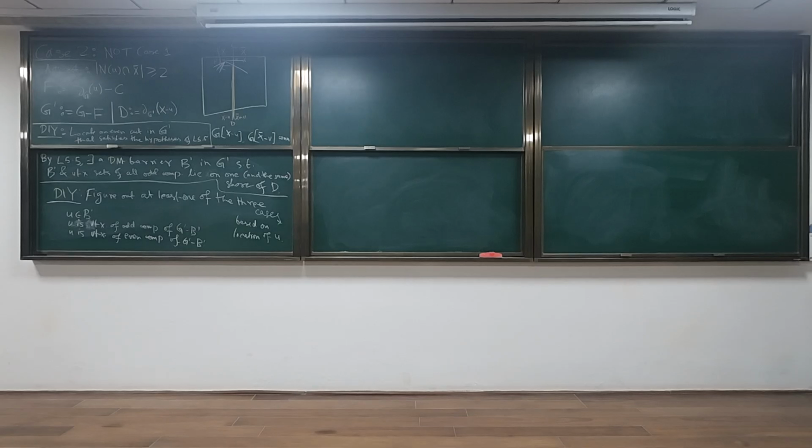Capital F. Can't they go to some odd components? Yes, some edges go from U to some odd component. Capital F edges. That we don't know, right? If U is an even component, we don't know where all this lies. Is it lying near X minus U or X bar plus U? That is not clear to us. You have to consider maybe